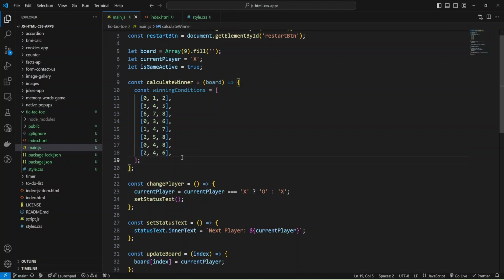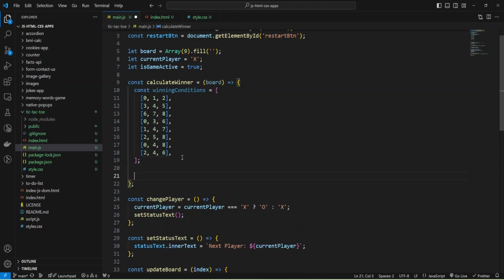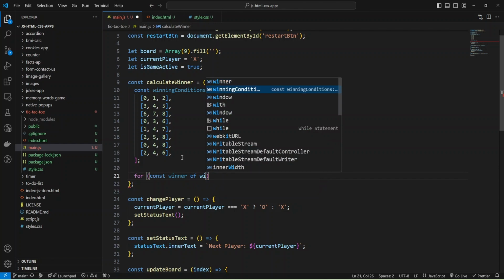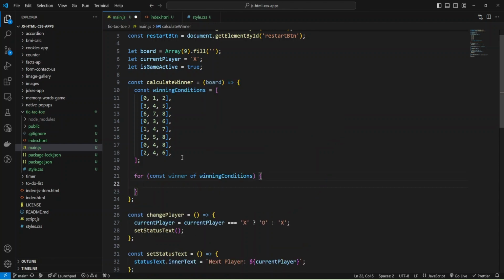Now we can iterate through our winning conditions using for const winner of winning conditions, and for each element, and actually I can use array destructuring, and I will have each element in my array.